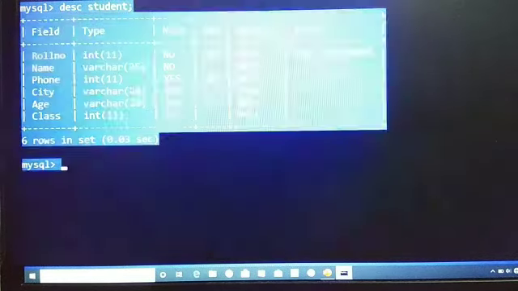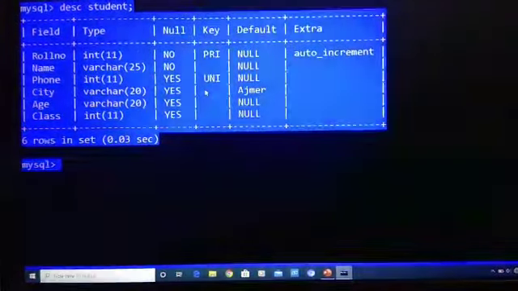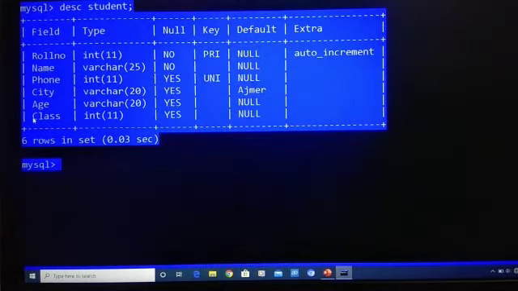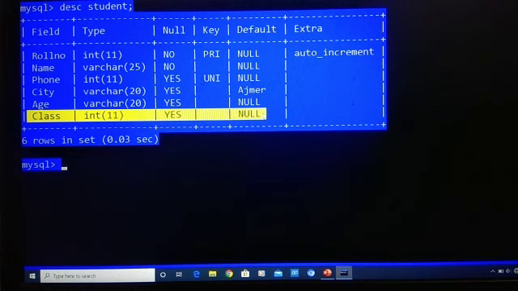Write again desc student. Now you can see our class column has been added to our table. Is it clear? So that is how we can add a column to our table, and it will be added at the end of the table.